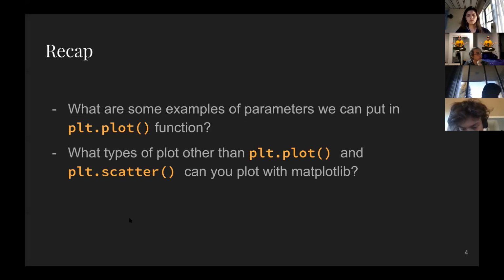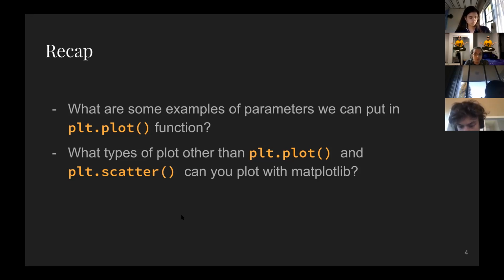So for the first one, you could put in basically anything to customize the graph. Like the color, the line, the sizes of things, anything like that. Perfect. Yeah. Aside from the X, Y, or X comma Y, you could change the line width. You could change the color. You could change the marker type. That's great. Awesome stuff. And another one is you can add a label for a legend if you want to do a legend. That's all outlined in the Ultimate Plotting Guide.